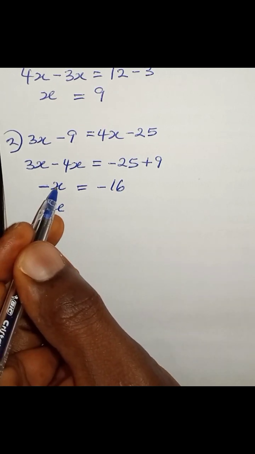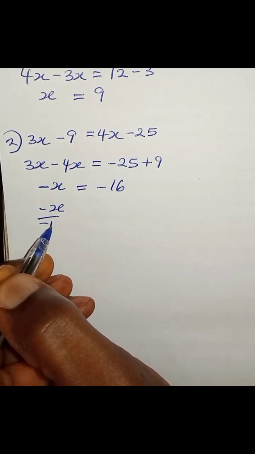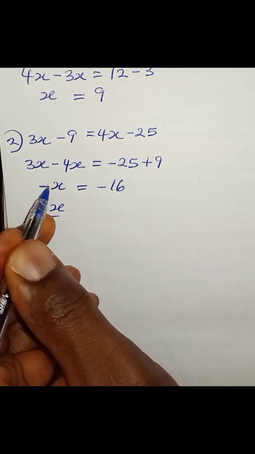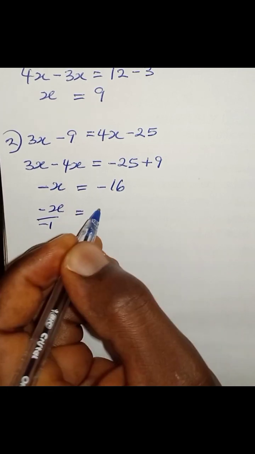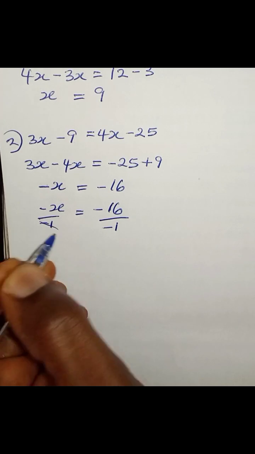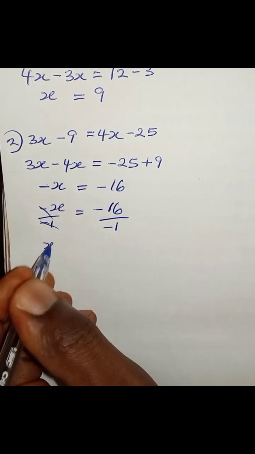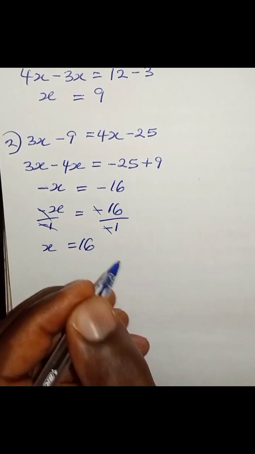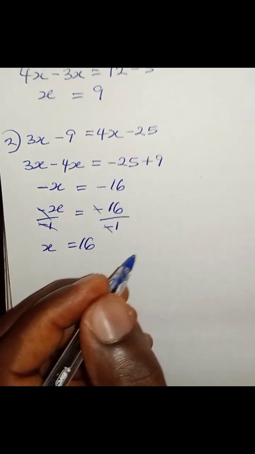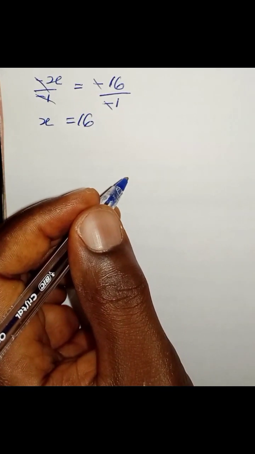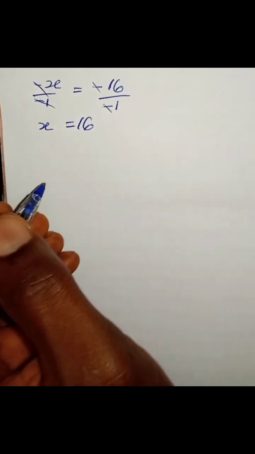So minus 1x here, we'll have minus 1 down because we're dividing both sides by the coefficient of x. The coefficient of x here is minus 1. And that's equal to minus 16 over minus 1. So minus 1 goes with minus 1. We're left with x, and that's equal to, minus cancels minus, and we have 16. All right, let's consider another question. We'll have a question as